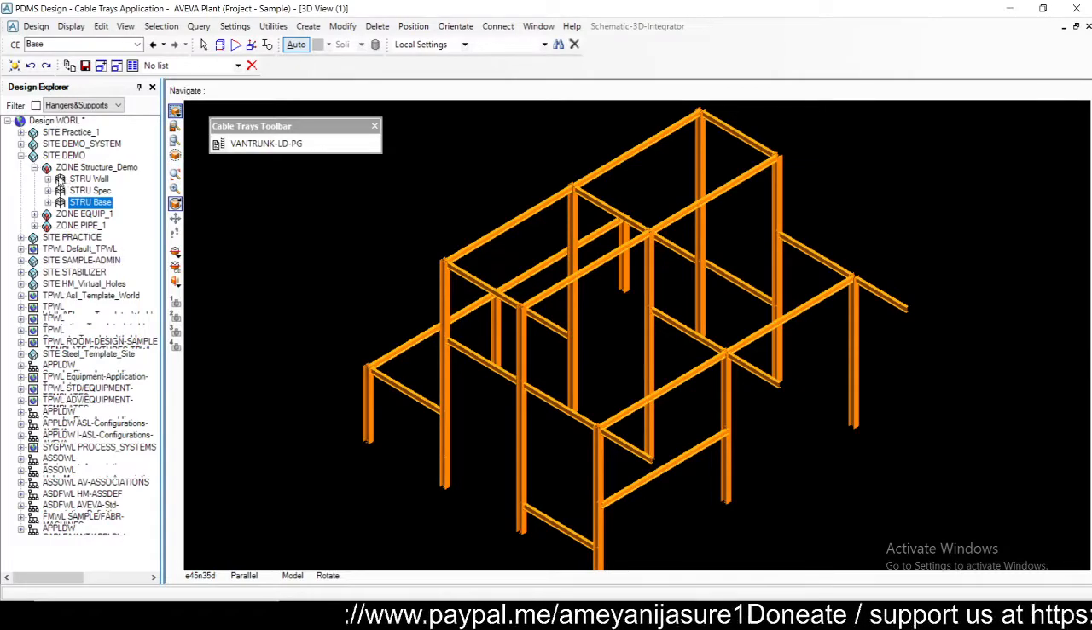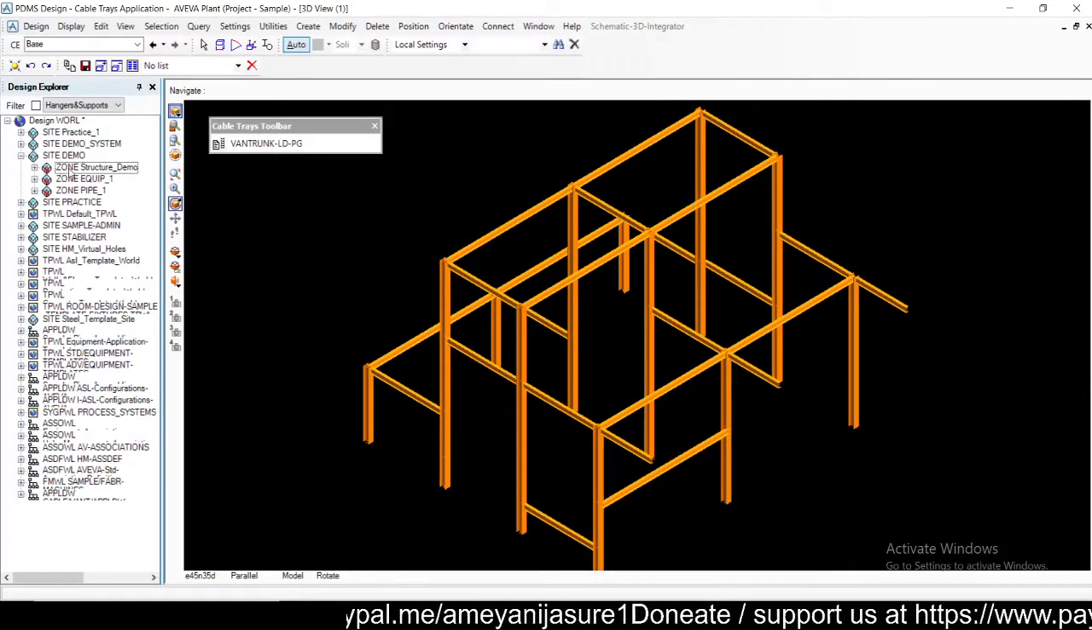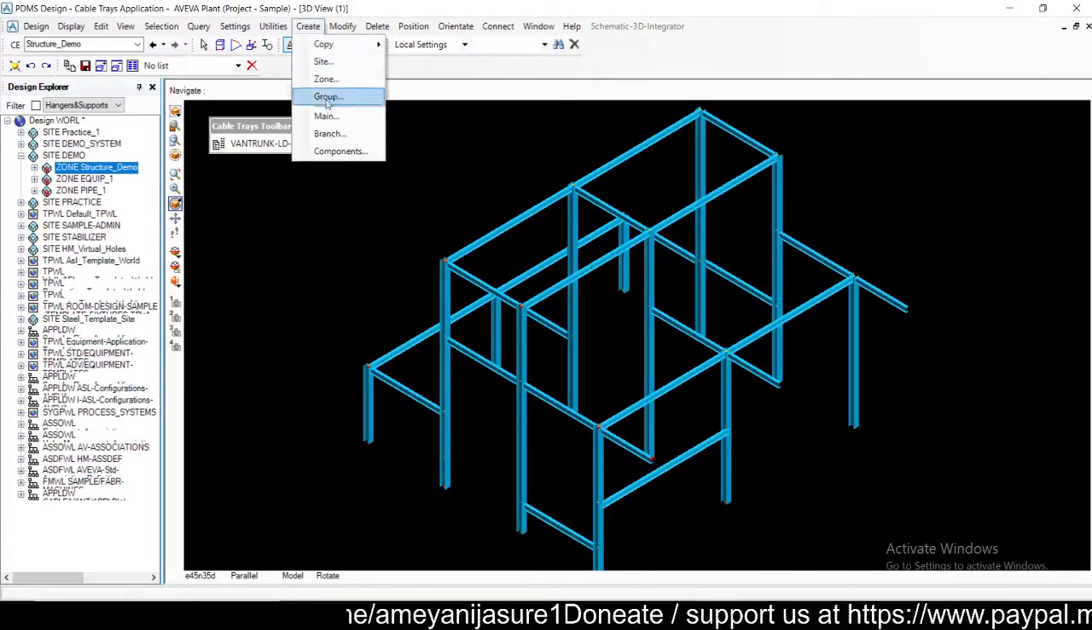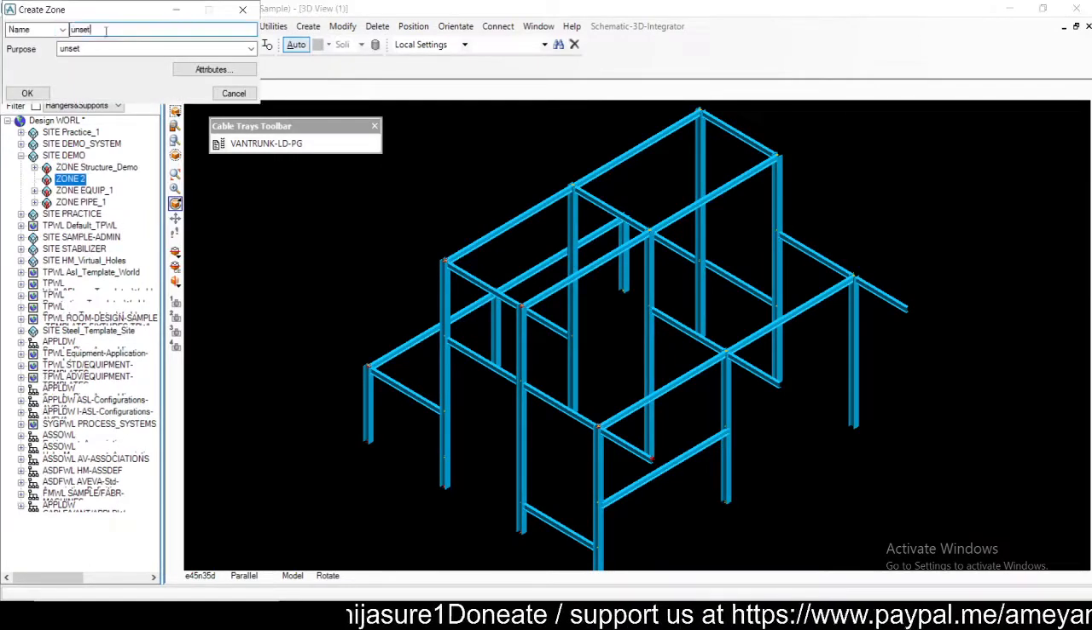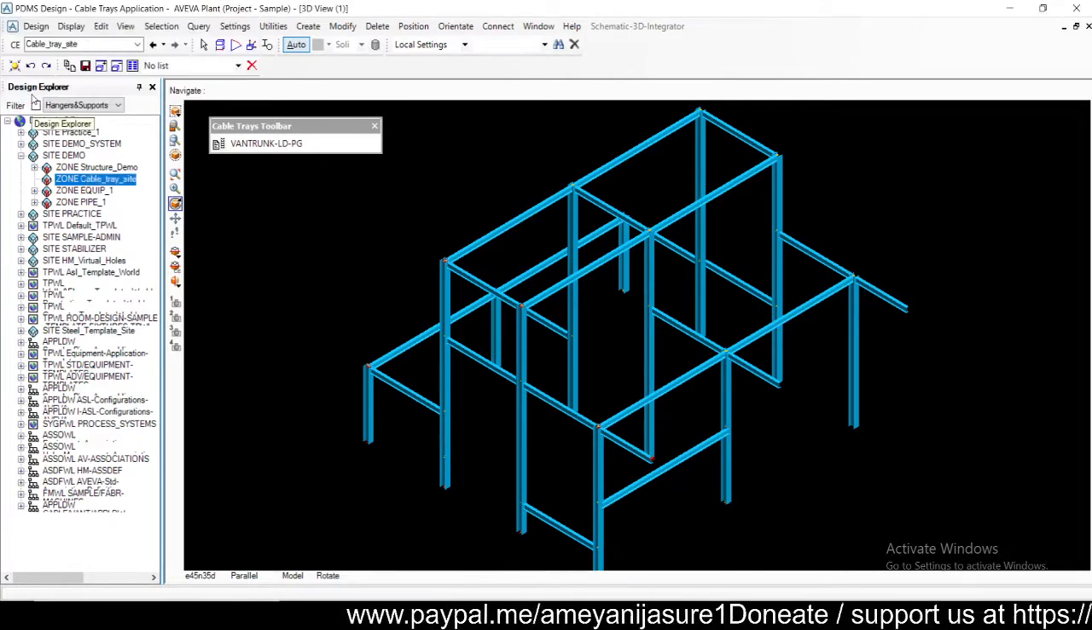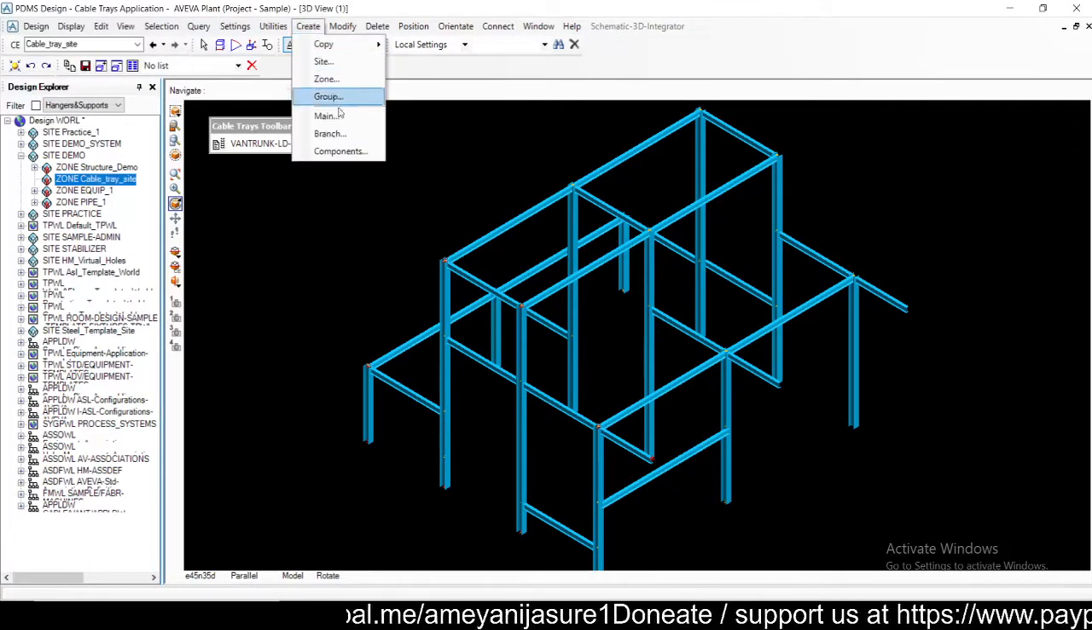Now, about the structure of a cable tray in PDMS, what we need to understand here is cable trays are much more similar to what we have done in piping. So there will be a head and a tail for your pipe, and there will be a main and a branch. So what you can do is create a zone under the site, with a name like cable underscore tray underscore site, and in that zone we can create a main,